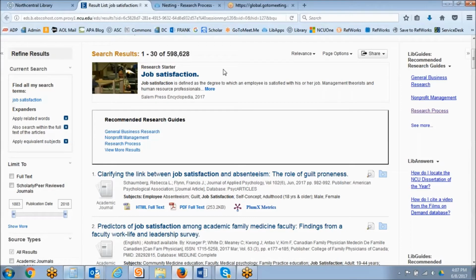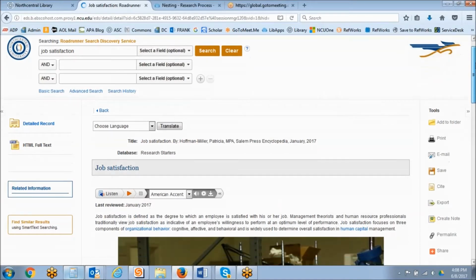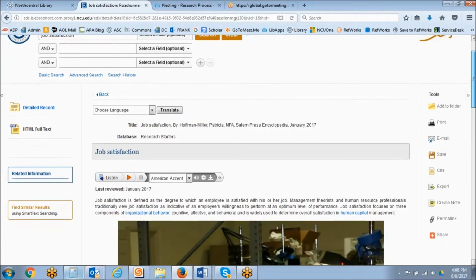Research starters are broad overviews of particular topics, and they are only accessible within the library's Roadrunner search results, meaning you can't access this content in any other databases or any other way. You will only see it if you have searched broadly for a topic within the Roadrunner search. So I'm going to click More, so we can take a look at that job satisfaction